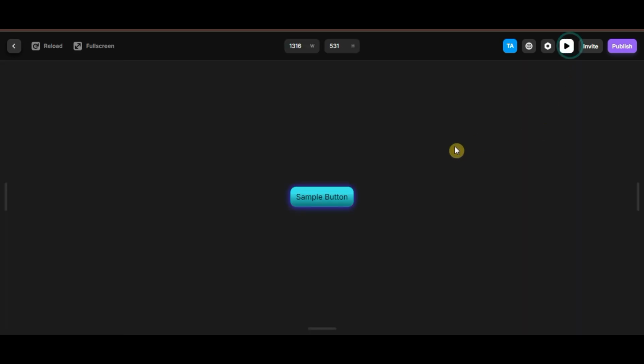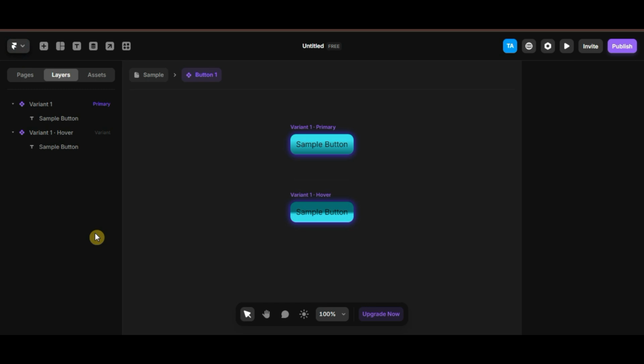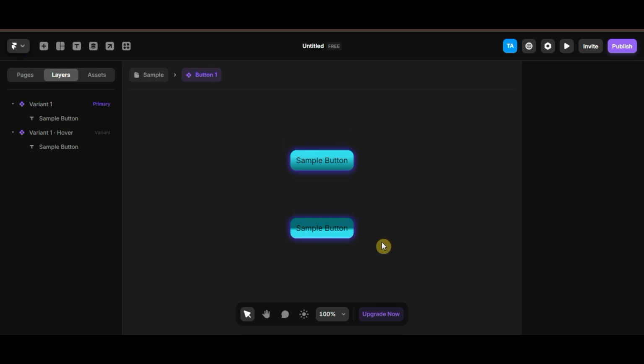Now let's preview the button. As you can see, the hover effect is working and we have created a nice subtle color change when hovering over the button. And there you have it. Those are just the basic steps to create a button in Framer, whether you use a pre-made template or build one from